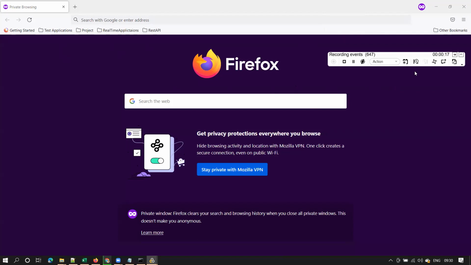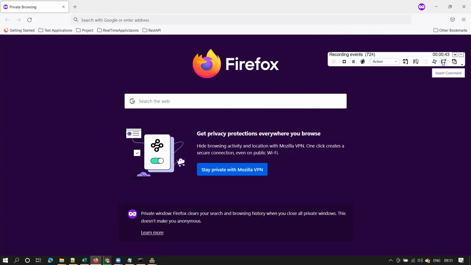Yes, sir. Now let me use this comments, okay? First I click on this, observe here, it is recording now, the events are increasing and the timer is running here. Now, if you want to stop recording, this is the button. You should click that square shape button. If you want to pause recording, this is the button for that. And there is a drop down here. I'll explain this drop down later on.